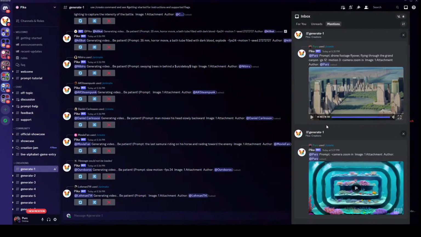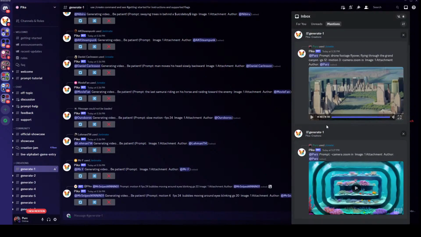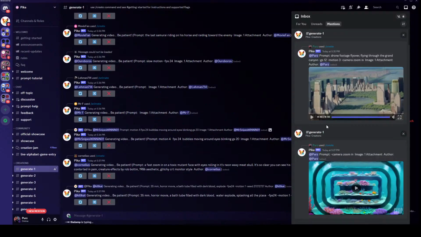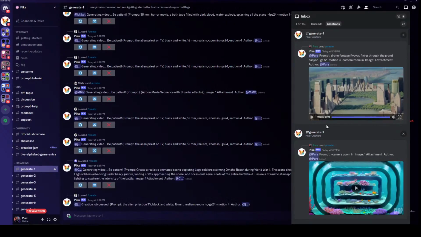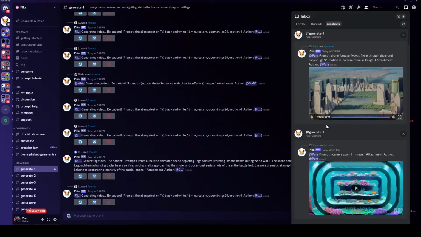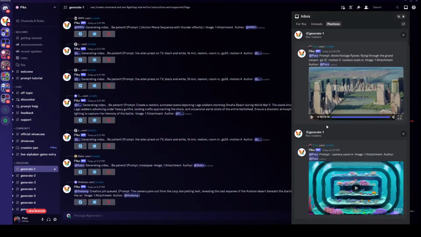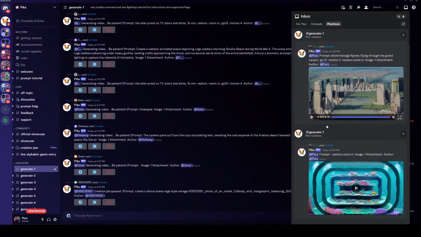Pika is an online AI video generator that does text to video and image to video with prompts, and image to video with camera controls. And I think the text to video has also got camera controls. In the description of the video, there's a link to the Pika Discord that you can join. They're in beta, so it's all free to play with. You can upload your own stuff and animate it, or just do text to prompts, which is really fun too.